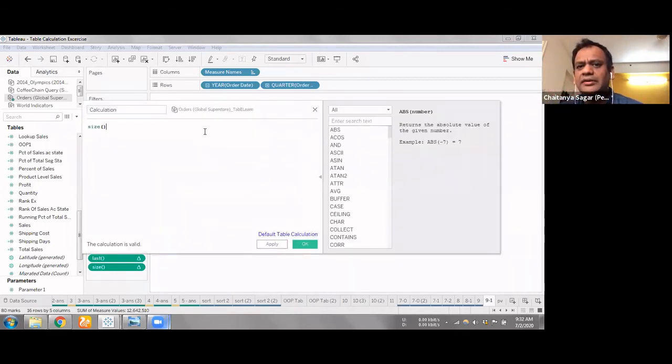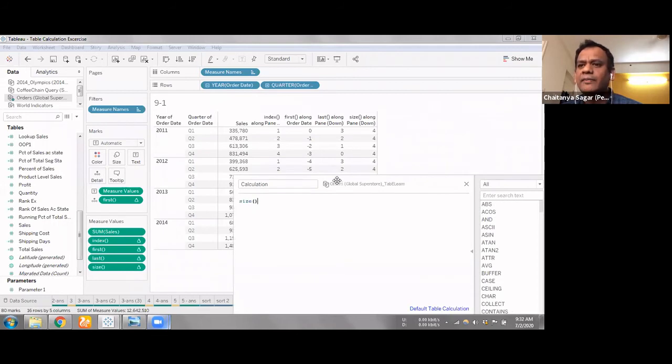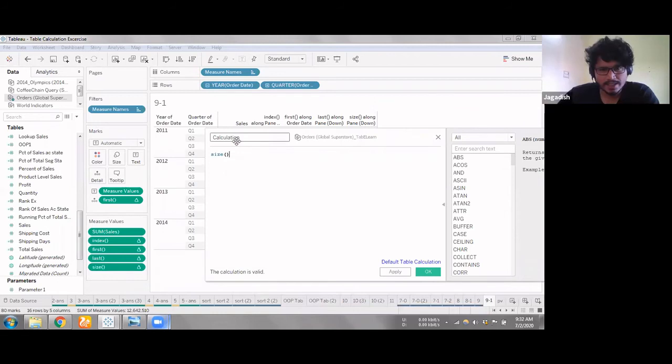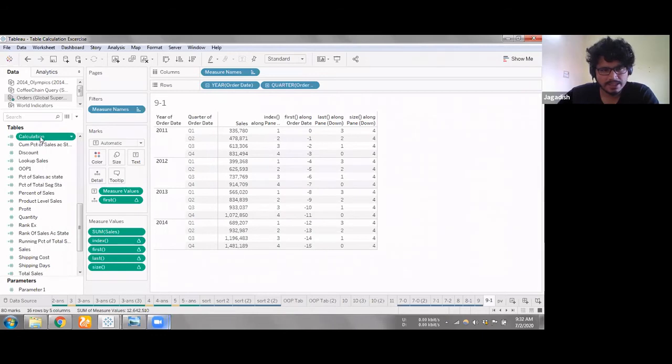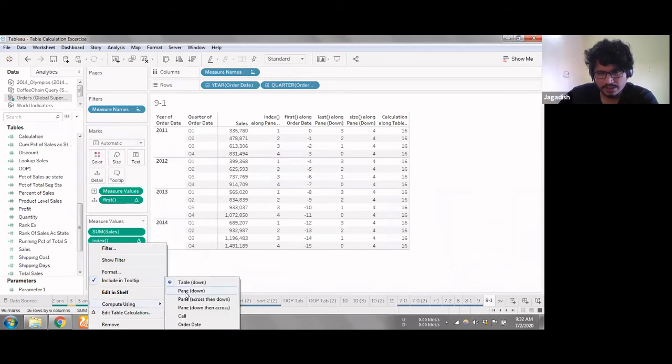Okay. See, now you modified the size function using table calculation, correct? Earlier, remember, instead of using Table down, which gave you 16, it gave you 4 because you changed to pane. Now, if it's the pane that I'm trying to use, and you just use the function called size, how does it work? That's the question. When I write a calculation using this function and save it, it gets saved here, and when I pull it to the view, it detects it as a table calculation. Correct. And once it detects it as a table calculation, I can change my compute using.